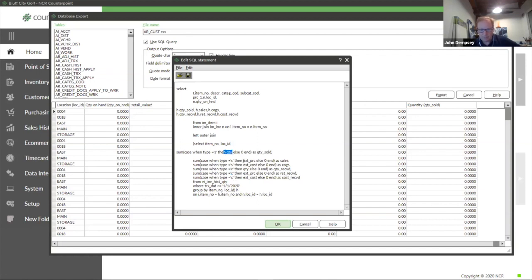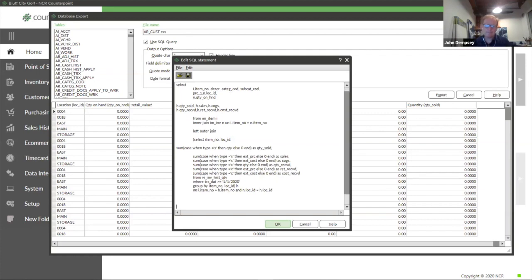sold. We're going to do the same thing for the selling price. We're going to do the same thing for the selling cost. And then if it wasn't a sale, it might have been a receiving. So if it was a receiving, grab the quantity of the transaction. Otherwise, we're going to grab 0. So when we build a case statement,